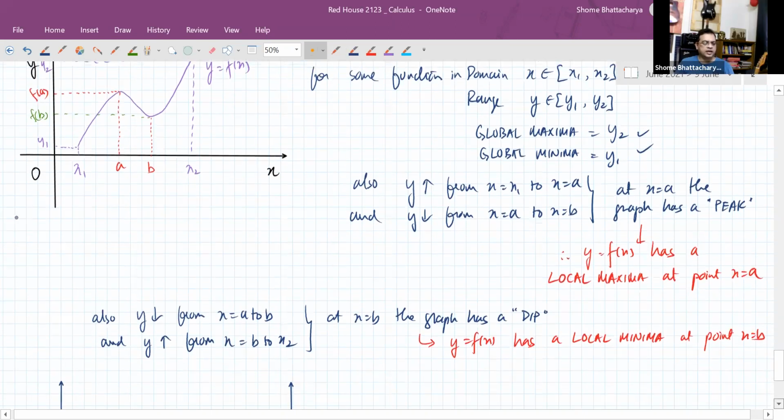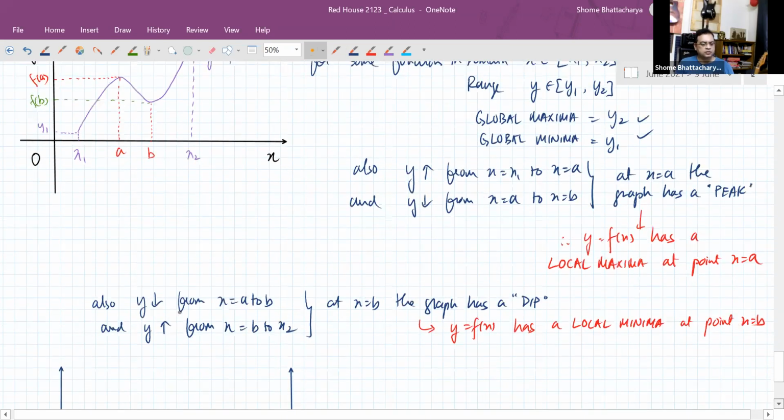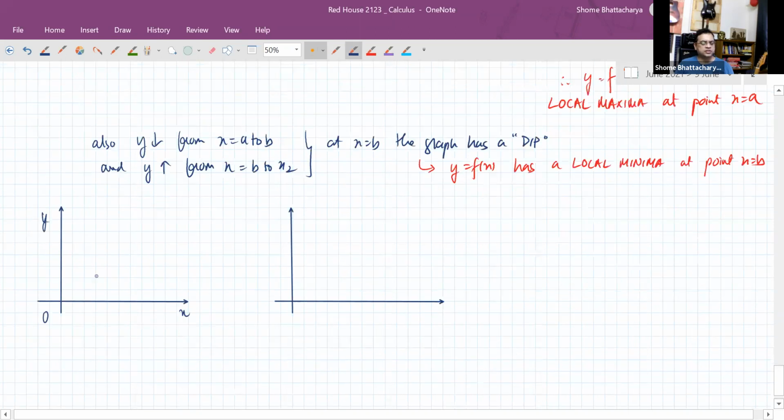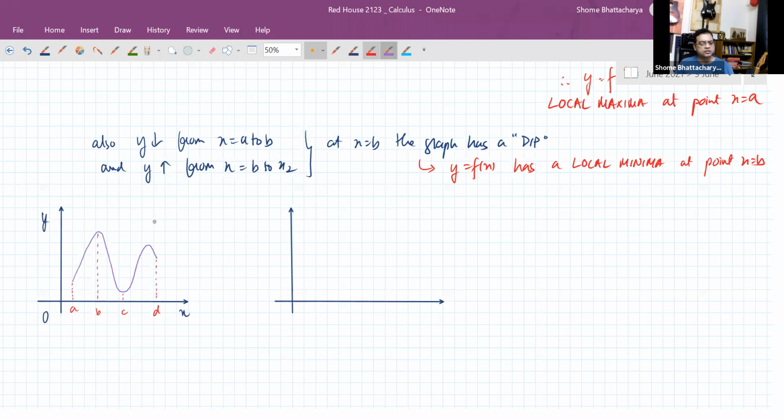Okay, now for example, we can have a situation where the shape of the graph of the function just happens to be like this. So this is a function which is defined for x belonging to the set from A to D. Okay, but as you can see from the graph, the way I've drawn it,